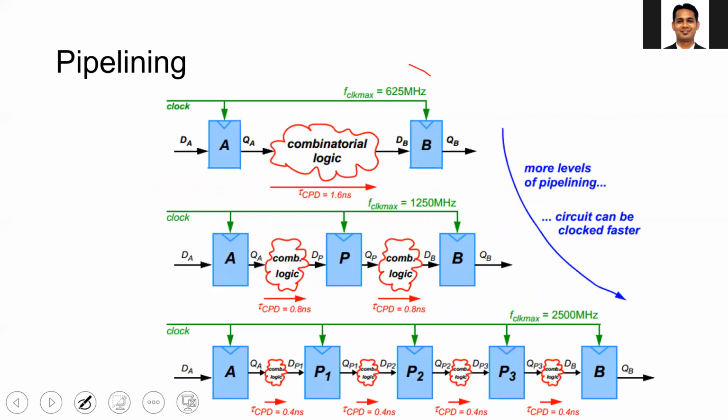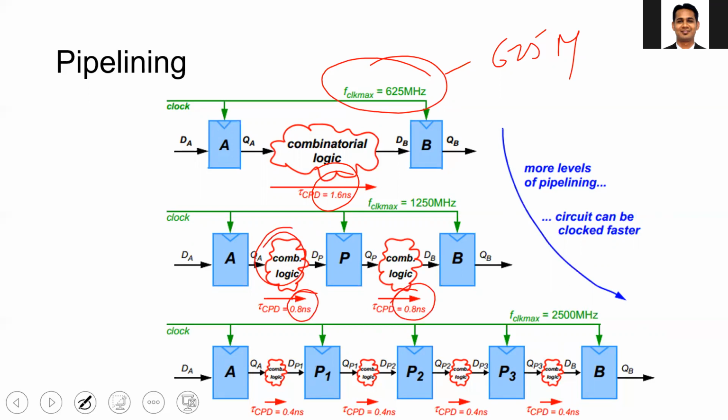For example, you can see that this circuit, with the launching and the capturing flip-flop, you can operate at 625 megahertz because it has a 1.6 nanosecond delay. Now, fortunately, I was able to divide it into two equal parts of 0.8 nanosecond and 0.8 nanosecond. Now my clock frequency is doubled just because I was able to divide it into two equal parts. If I'm not able to, if I divide it into 0.3 and 1.3, then my clock frequency is 1 by 1.3 nanosecond. It cannot be 1 by 0.8 nanosecond. Right now it is 1 by 0.8 nanosecond because I'm able to divide equally between the two circuits.